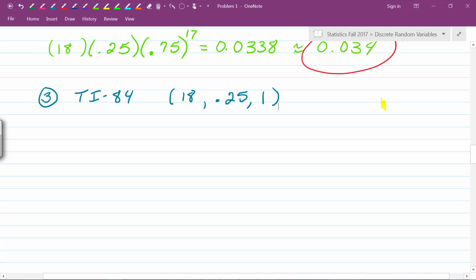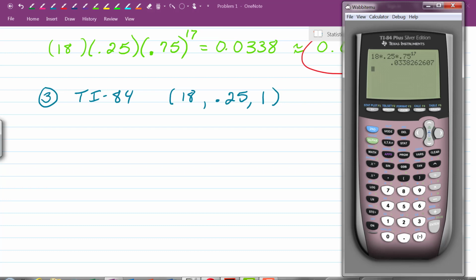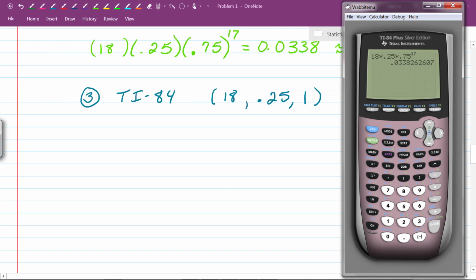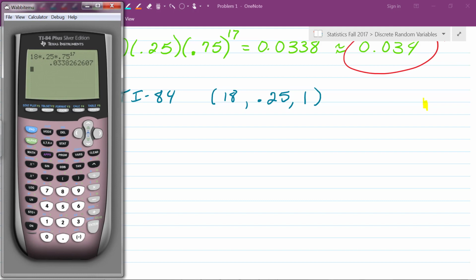So we're going to bring up our TI-84 again. Where's it at? Right over there. And I need to shift it over. I can't shift that over anymore, but I need to shift my calculator over because it's too far away where I can't see it. So we're going to put it over here. I'm going to hit clear.